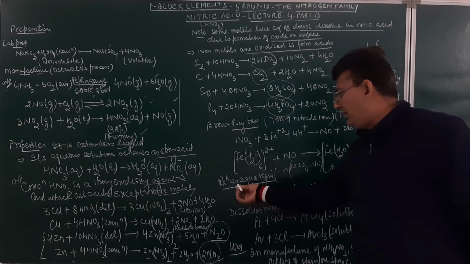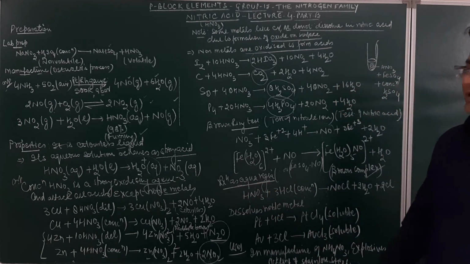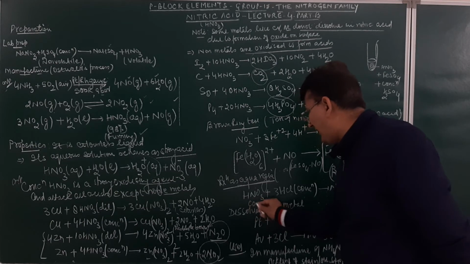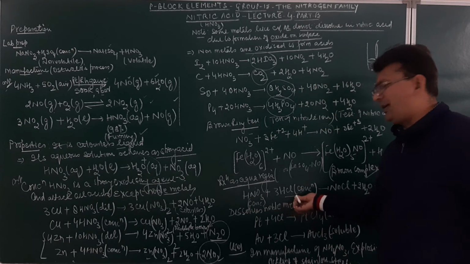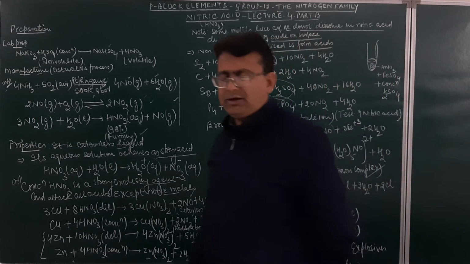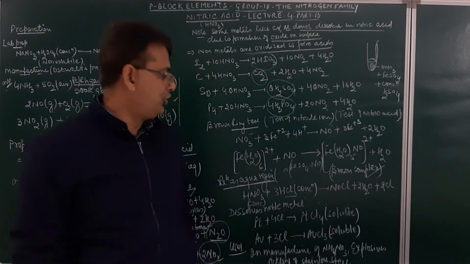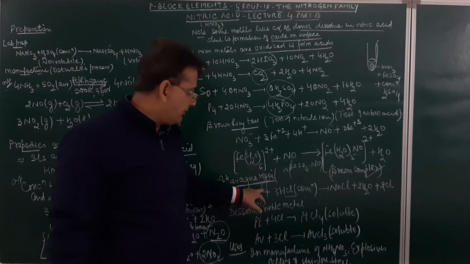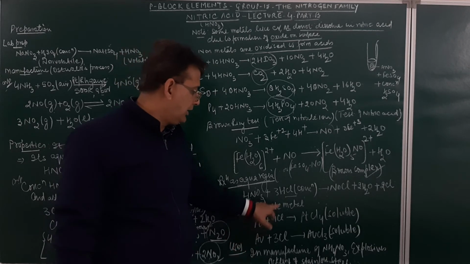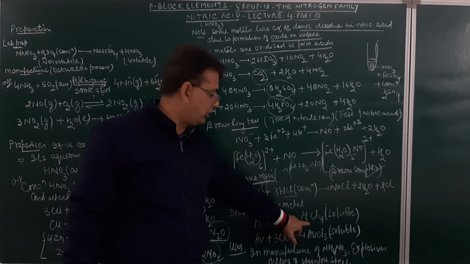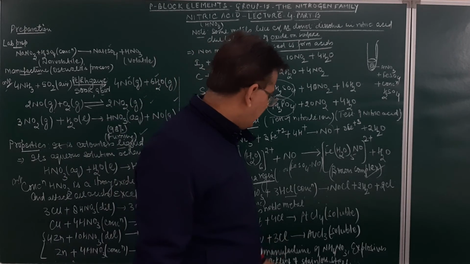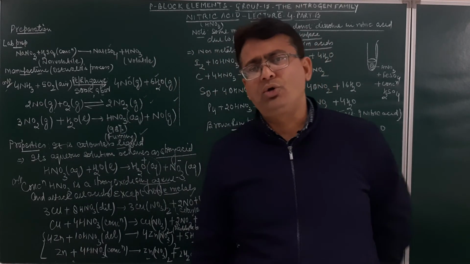Now another reaction can be aqua regia. What is aqua regia? 1 part of concentrated nitric acid and 3 parts of concentrated HCl is called aqua regia. Remember, nitric acid does not react with noble metals, but noble metals like gold and platinum, when made to react with aqua regia, dissolve. So platinum, when dissolved in aqua regia, will form the soluble salt platinum tetrachloride. Gold, when dissolved in aqua regia, will form a soluble salt, gold chloride.